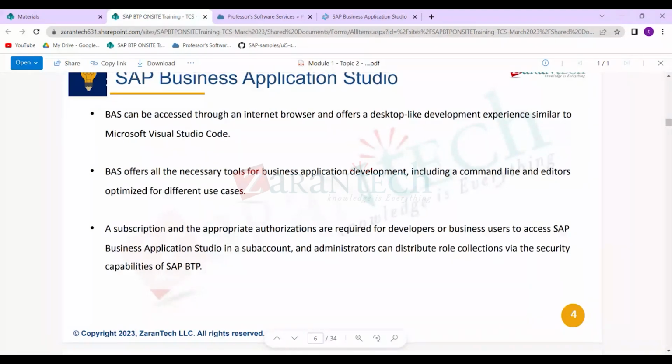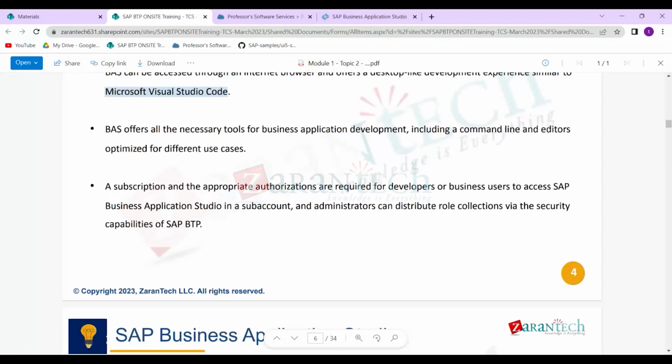So BAS can be accessed through an internet browser and offers a desktop-like development experience similar to Visual Studio Code. If you have used Visual Studio Code earlier, you will be able to see that it is an application which will give you the look and feel of Visual Studio Code. Okay, this has been derived from a Visual Studio theme called the VSFX registry. Okay, so that is also available. You can add extensions, and you can even have your own extensions created and added onto your Business Application Studio,